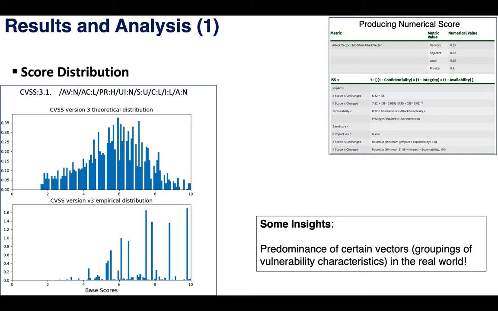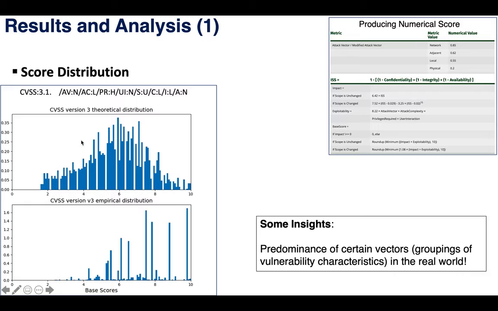So the first experiment is the distribution of the numerical values. As I said, basically those values that we see here on the string, we convert them into numerical values using some formula that is given by the CVSS. So I'm not going to go through the details of the formula, but they are available online. So what you see here in the top figure is the score of all possible values of the metrics. So here we see, for example, that attack vector is network, attack complexity is low, but we have different values. So for all possible values of these metrics, we have computed the corresponding score and plotted here the corresponding